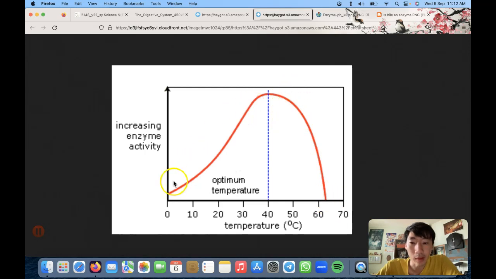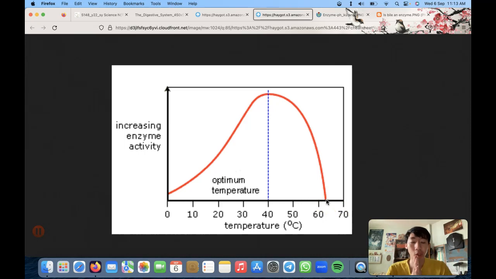What happens to the enzyme when it's very cold? Okay, so this is the enzyme, like a C shape. If it's very, very cold, it's just frozen. It cannot move around. Normally enzymes will be moving around, and then they'll do their digestion. But this enzyme, when it's too cold, is what we call inactive. So you must be very careful to use the right terms. Enzymes are inactive when it's cold, and enzymes are denatured when it's very, very hot.